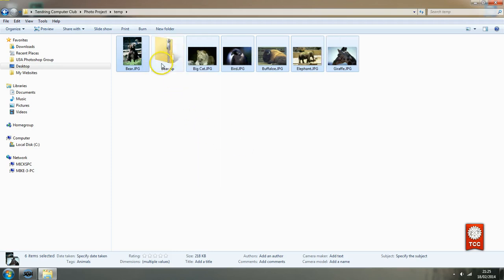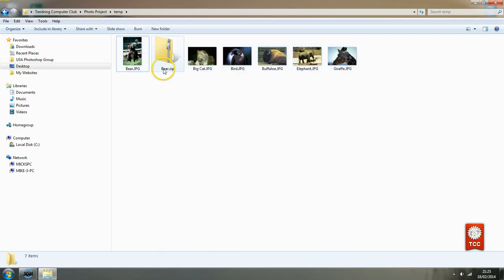And here you see it's created a zip file or folder, whatever you like to call it, and it's named it BearZip. It gave it the name BearZip because we right clicked on this image when we created it. If we'd have right clicked on this one, it would have named it Big Cat Zip. But no matter, we can always just